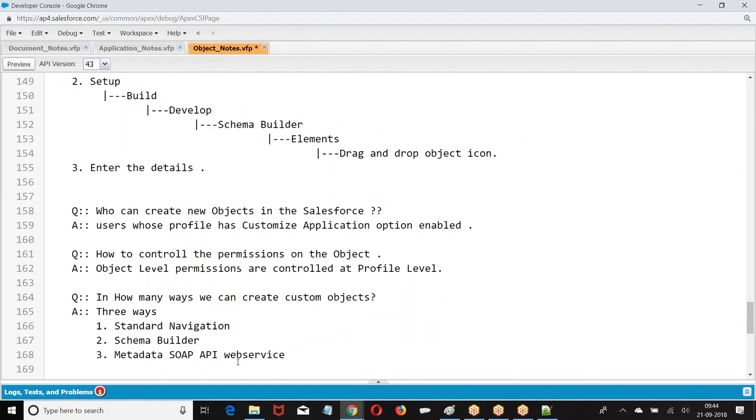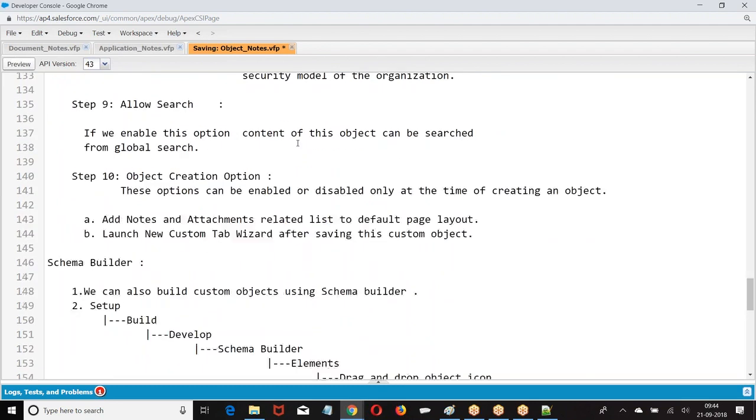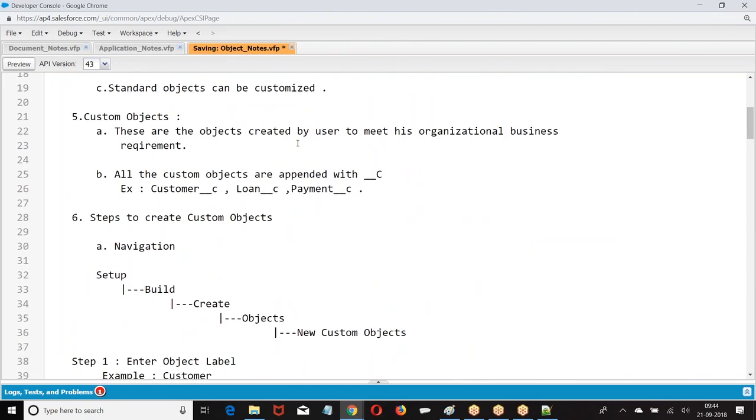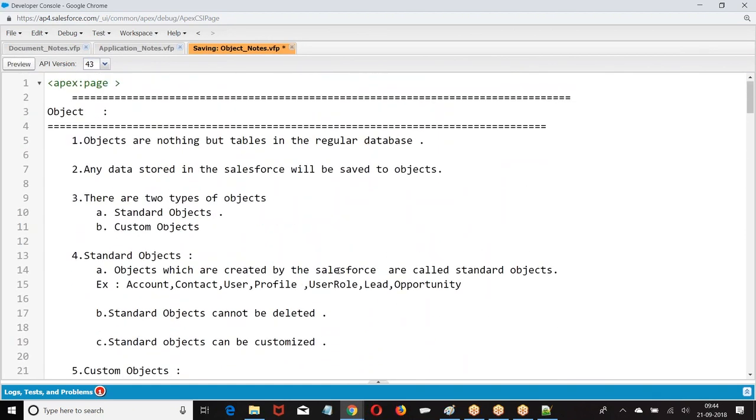Now look at the theory we have. What is an object? Objects are nothing but tables in a regular database.